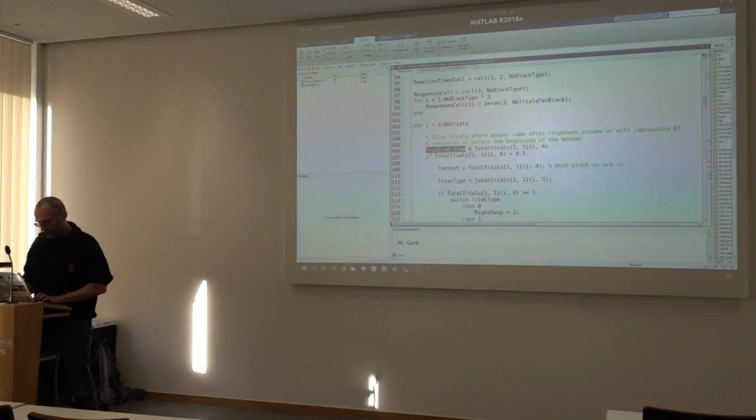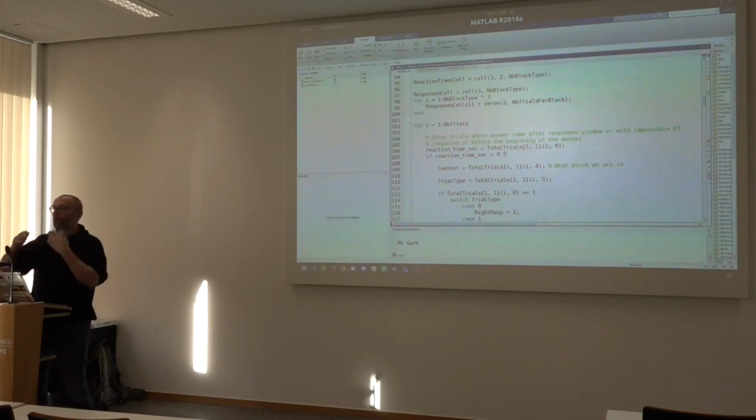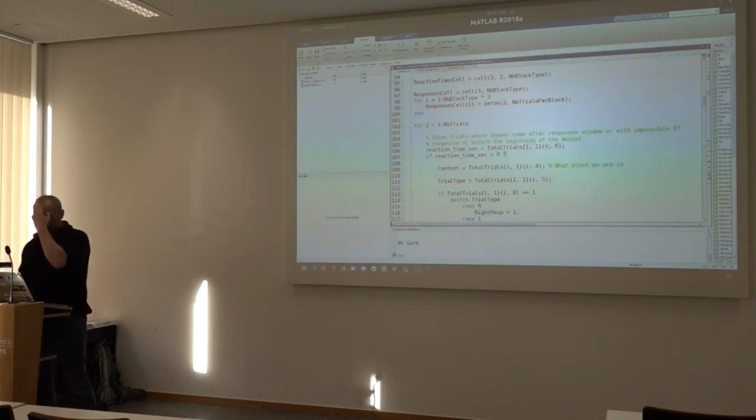And now it's a bit more obvious what this if block is about. Also, what is usually advised is that if you have things like this, put the unit in the name of the variable, because then it becomes really obvious what you're working with. So here I would only analyze trials with reaction time superior to 0.05.